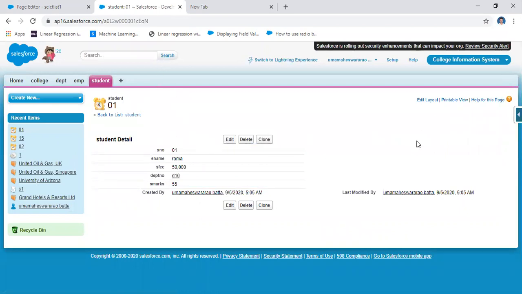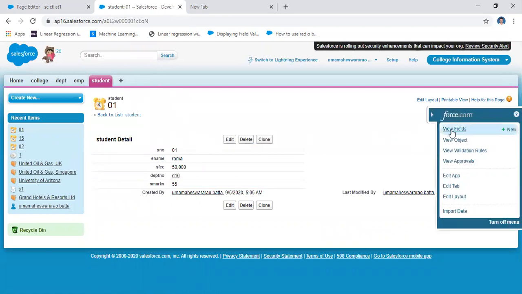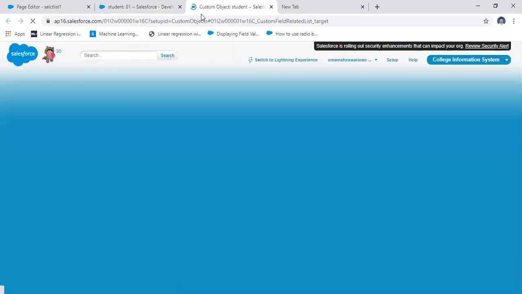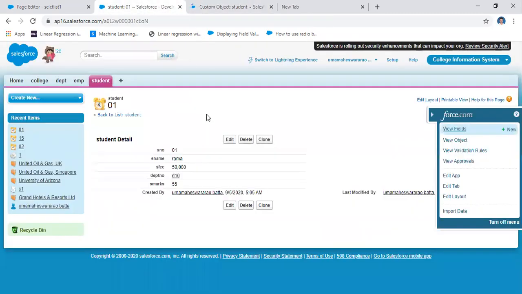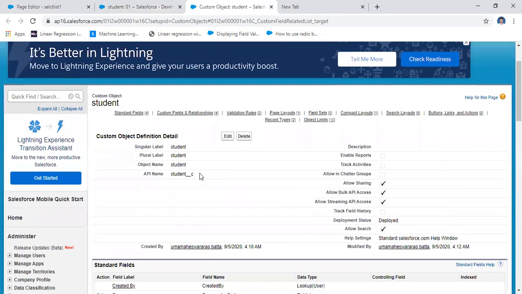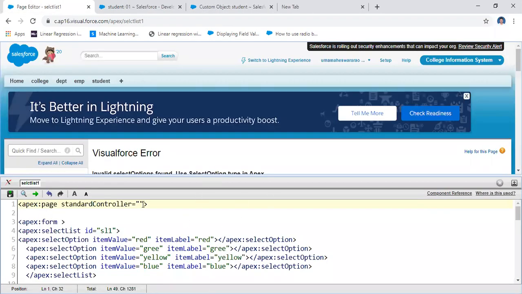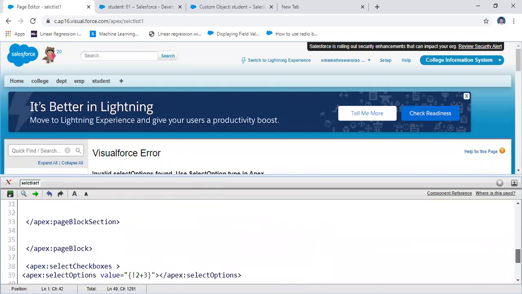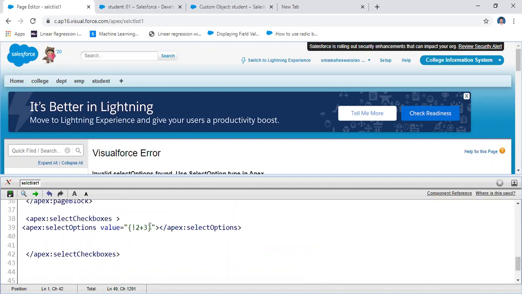How can you get these marks? Execute this one. Here you have an option. The controller in this case is student underscore c. Let us take the controller value in this case student underscore c. That means I'm going to get the set of values for this one.